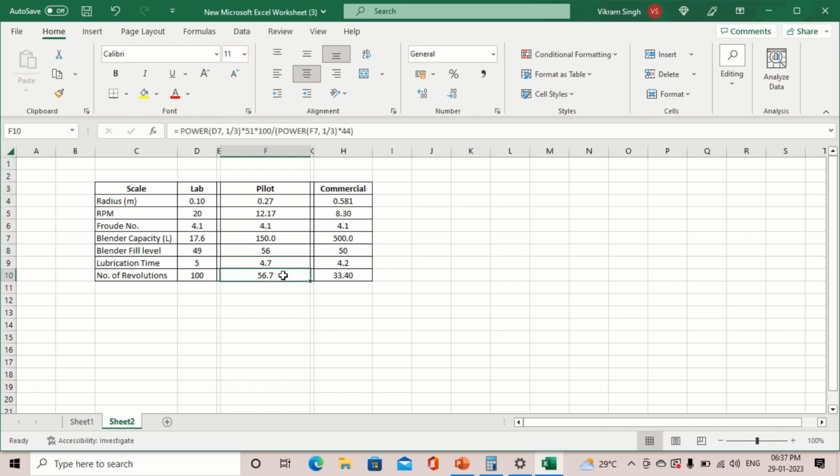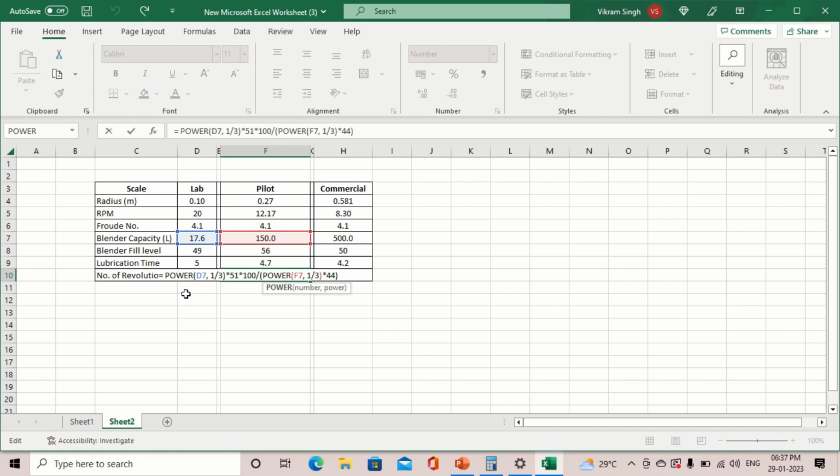So we will calculate the number of revolutions with that equation. V1 to the power 1 by 3 means 17.6 to the power 1 by 3. In Excel you can calculate it by using the power function, D7, meaning this 17.6 blender volume at the lab scale, comma 1 by 3. So it will give V raised to the power 1 by 3, multiplied by the required headspace. At the lab scale 49% is the occupancy, so 100 minus 49 is 51, multiplied by the number of revolutions at the lab scale. We know 20 rpm was the lab scale rpm and 5 minutes is the lubrication time. 20 into 5, 100 will be the number of revolutions at the lab scale, divided by the V1 by 3 of the pilot scale, means